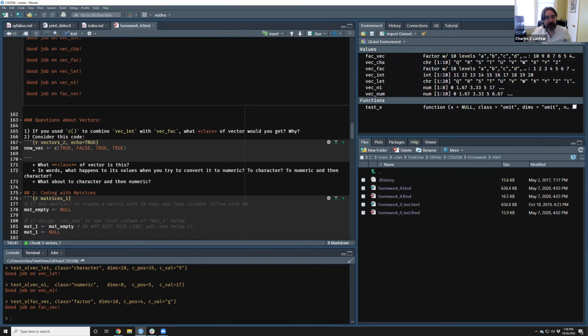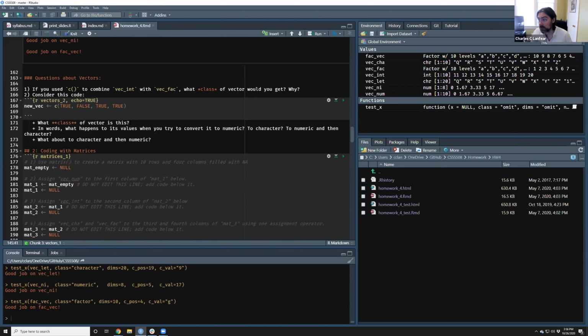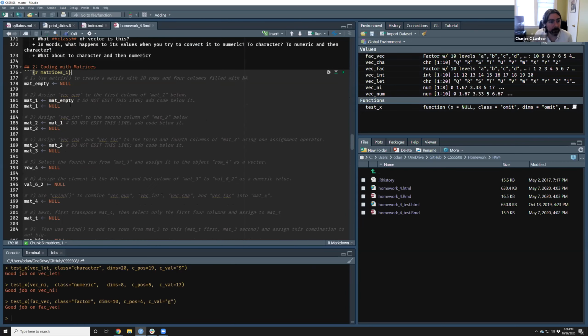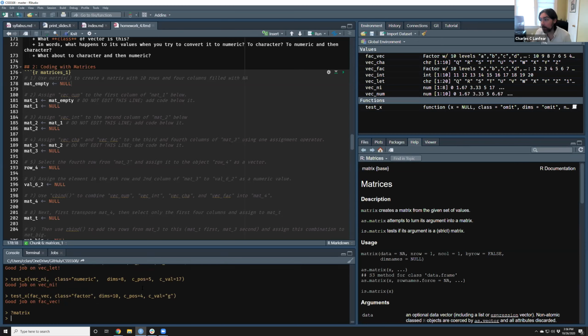Okay. So I'm going to skip over the little short questions here, which are thought questions, and go straight to the code. So the next thing will be coding with matrices. Okay. So the first one here is use matrix to create a matrix with 10 rows and 4 columns filled with NAs. How do we do that? If we didn't remember from lecture or anything, remember, you can do ?matrix, and it will bring up a help file.